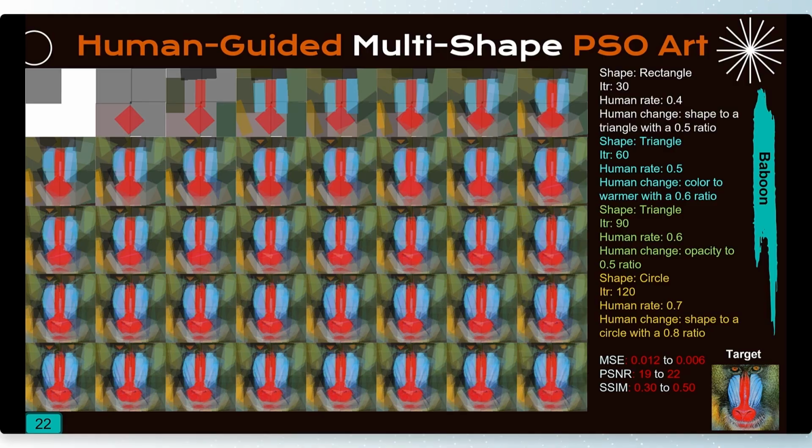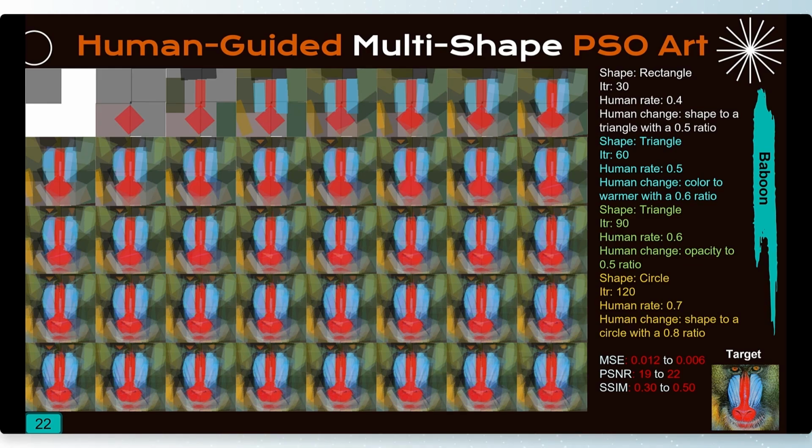It runs a few iterations and then receives feedback from the human. It asks how good the result was, so for example, here I just entered 0.4. That means it was below half to me. Then it asks the human for the shape, so I changed it to the triangle with 0.5 ratio. That means the amount of triangle to be combined with the rectangle, which was there before.